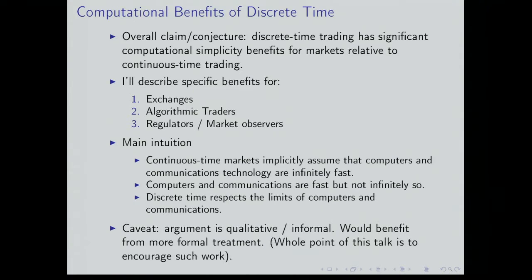This is a qualitative, informal argument. Again, I bring it up here, and put it in the paper, in part to respond to the concern: you're proposing a new market design, so what about unintended consequences? The unintended consequences folks often reach for are these kinds of computational glitches, dramatic computational events. And I wanted to say in the paper that, if anything, I think the computational case favors discrete time over continuous time. Continuous time has had all of these negative consequences for markets, but the argument is informal and qualitative.